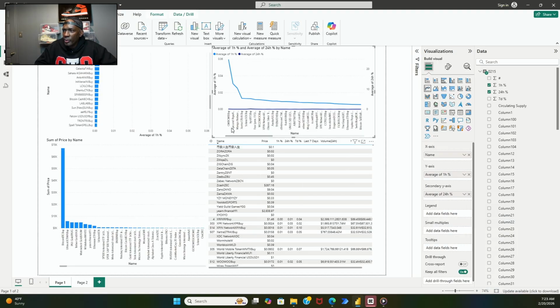And now we can see that the highest percent change in 1 hour was OWBOW, but as we see, it starts going down over time. So initially we were looking at the 1 hour percent change. Now we're going into the 24-hour percent change. So when we go to 24-hour percent change, we now see that the 1 hour gets closer to the 24-hour